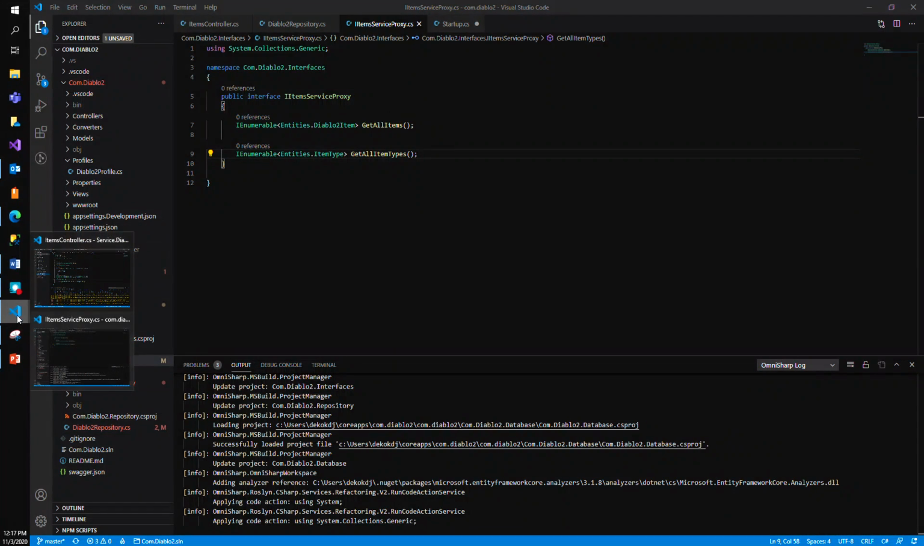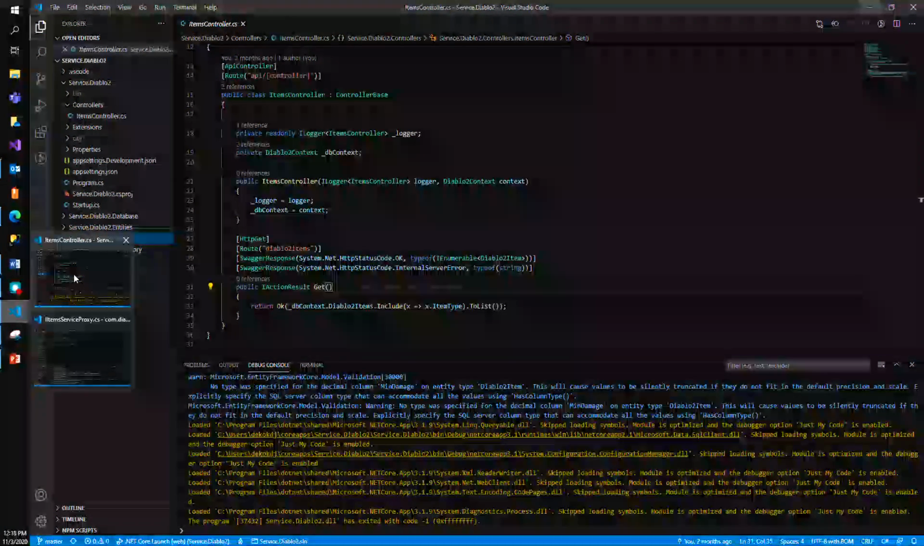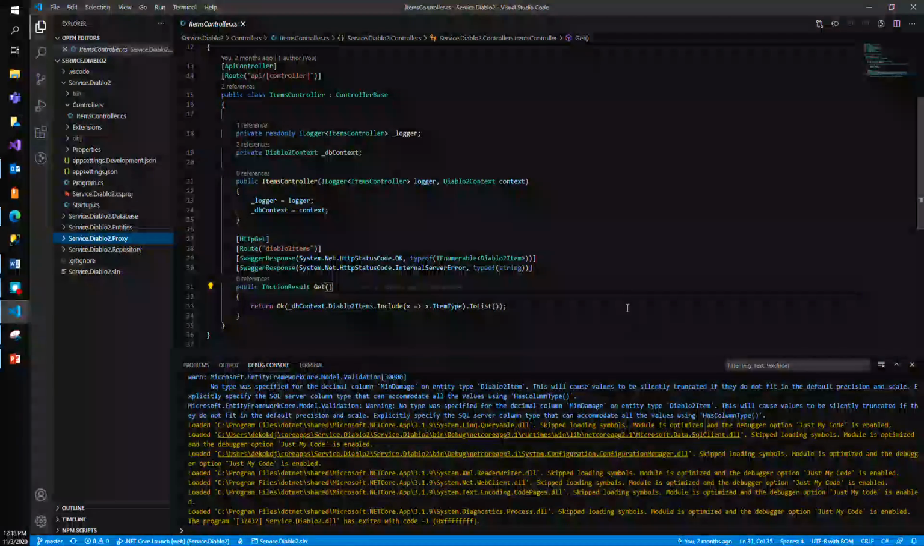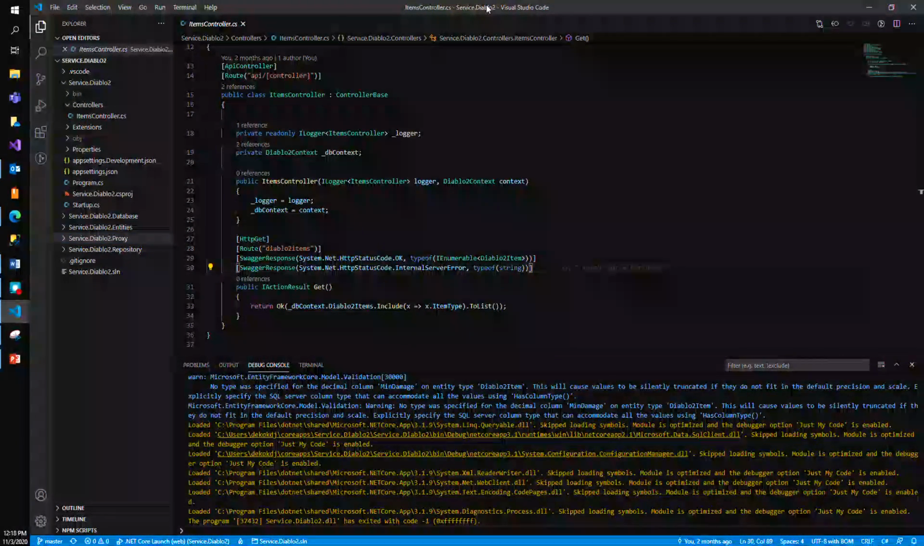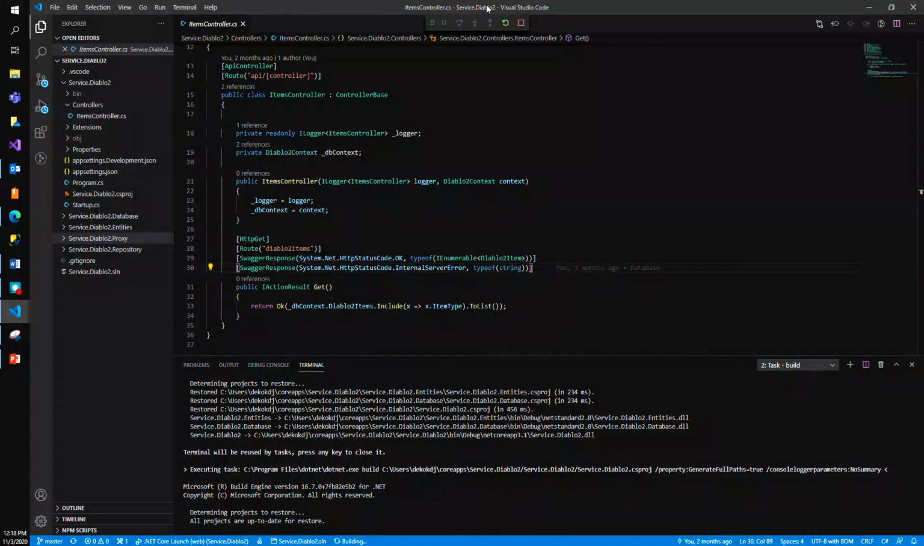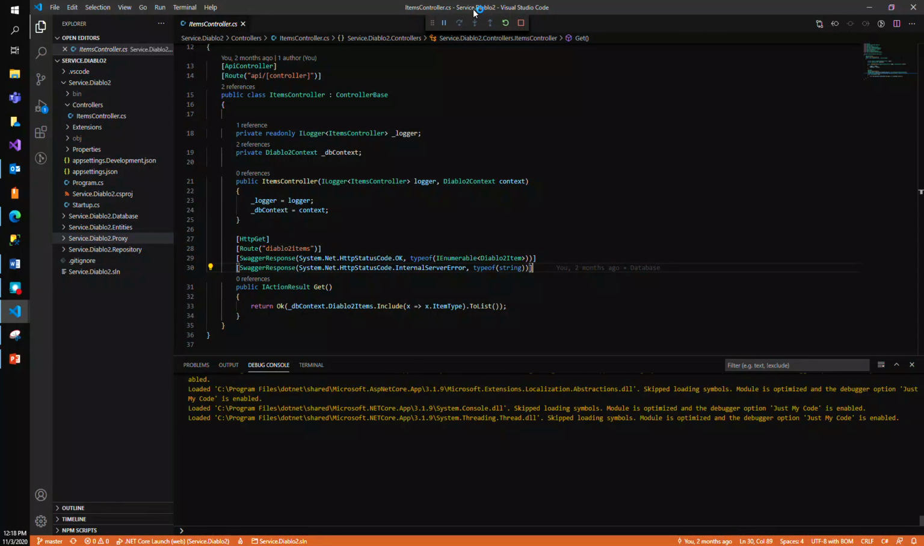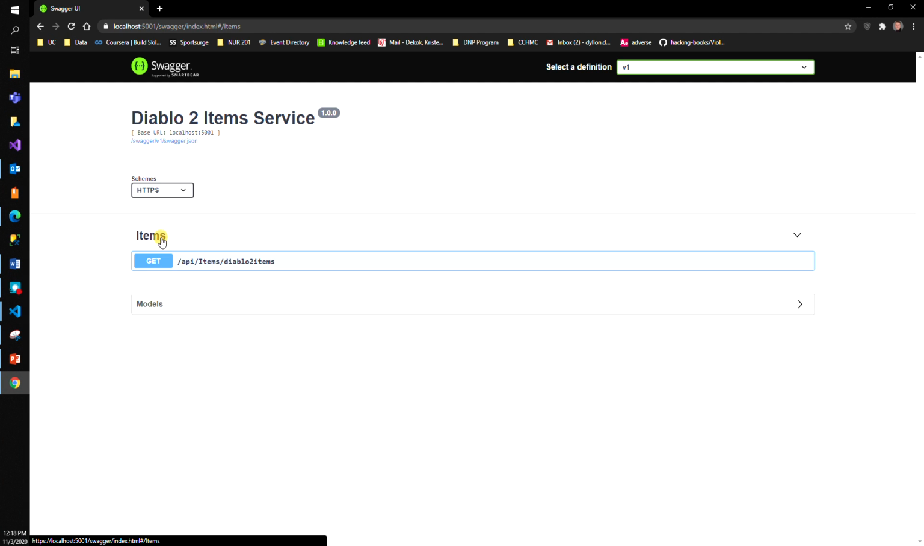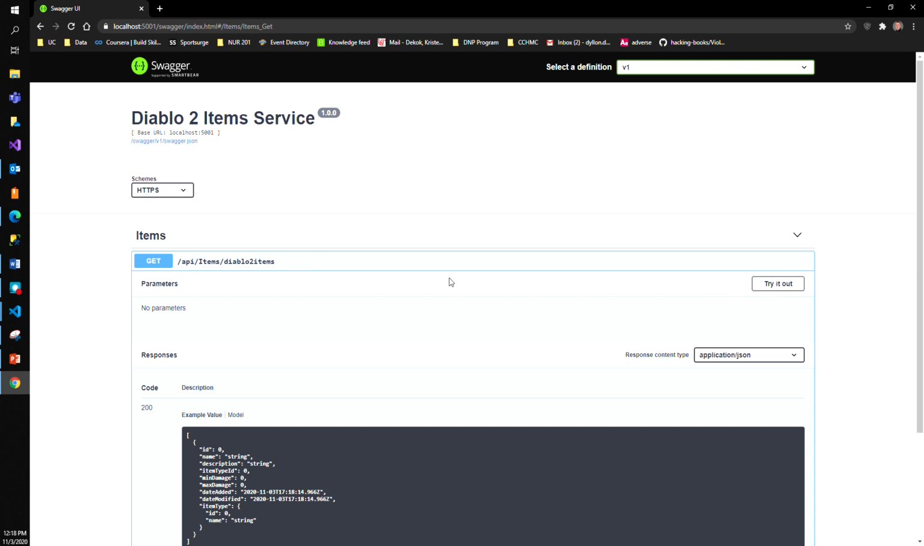The next thing I can actually do is show you the service that I'm interacting with. I have it locally. I believe this is it. Service. So let me go ahead and run this, and I'll show you exactly what I'm going to be interacting with here. So I have this service running locally where I can get Diablo 2 items from it. You can see